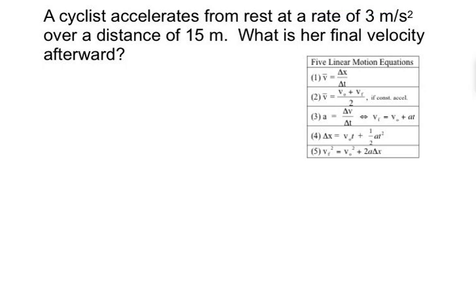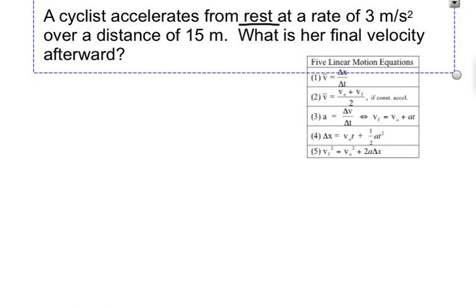Alright, so here's our linear motion problem, and again, we want to start this by just taking an inventory of everything we know. So we come along, the first thing it says is accelerates from rest. So that tells you that the initial velocity is 0. So v naught is 0 meters per second, because it's from rest,